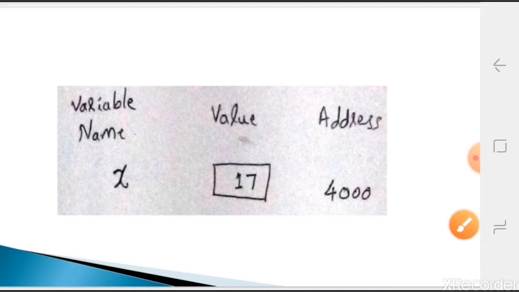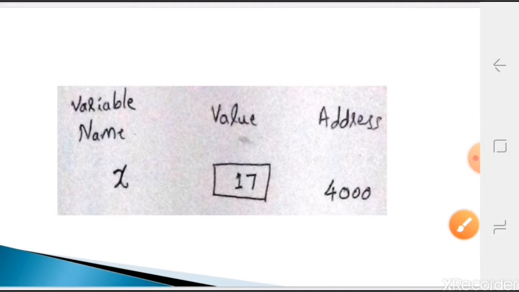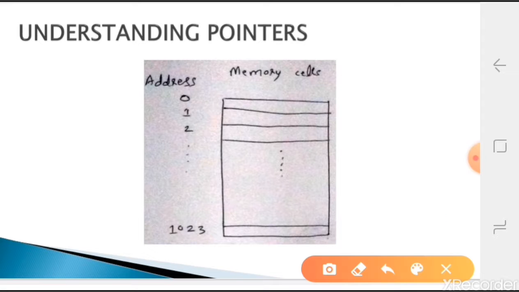So if you observed, I created this x variable as an integer type and it's stored in some location. This is a normal integer number. Whatever the memory size is, you can consider it as 2 raised to n, so that much size will be there.